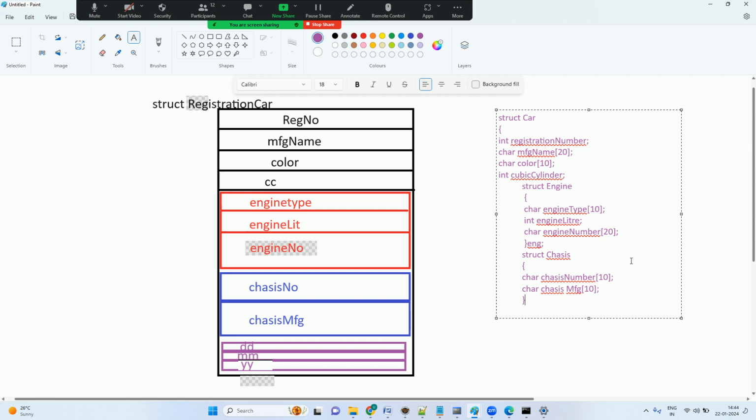Semicolon over here, and I will make an object of it. Okay, let's say this structure variable is with the capital S. I'm making with a small s. Okay, so these two are two different things. If you don't want to confuse yourself, then let's give it only chassis. And then next, what will I make? Structure